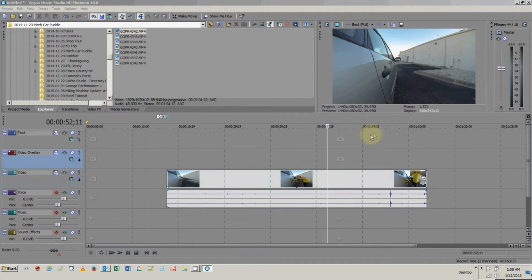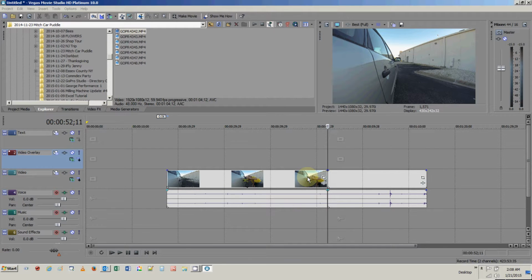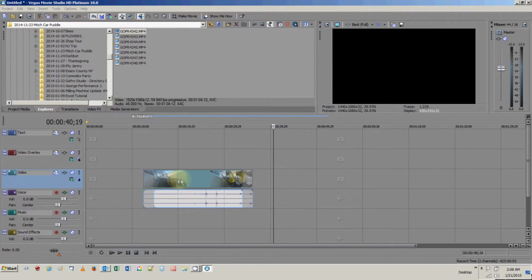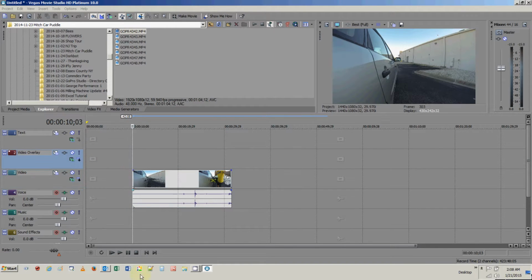Okay, after examining this a little bit more, I found out this is the place I really want to start at. The rest of this, he did 2 or 3 times. So I'm going to hit S to split. I'm going to click on this and hit the delete key, which leaves me with this short piece. I'm going to slide it over here, and we can click here, and we can hit play, and we can take a look. Now remember, it might look a little jumpy in here, but that's because this is recording this video as it's doing this. Normally it'd be pretty smooth.